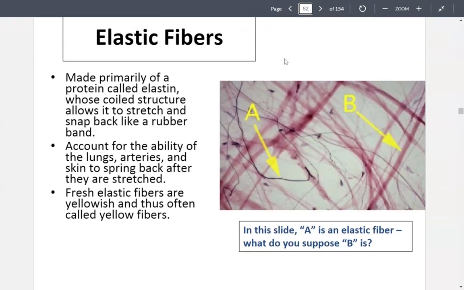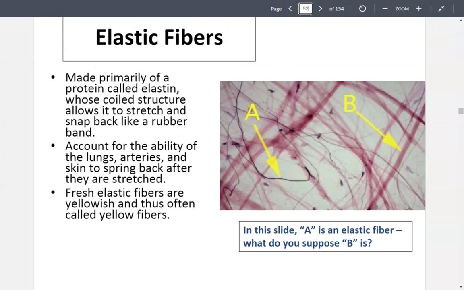Elastic fibers, these are going to be composed of a protein called elastin. They are going to have a coiled structure, and this coiled structure is going to allow them to stretch and rebound, very similar to a rubber band, hence elastic. This is what's going to account for the ability of your lungs, your arteries, and your skin to spring back